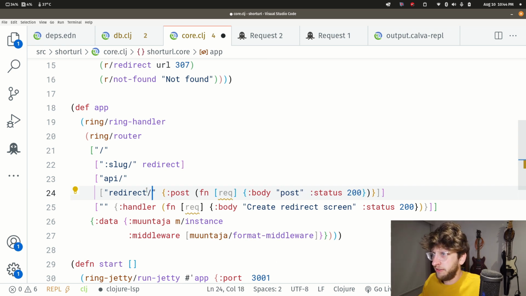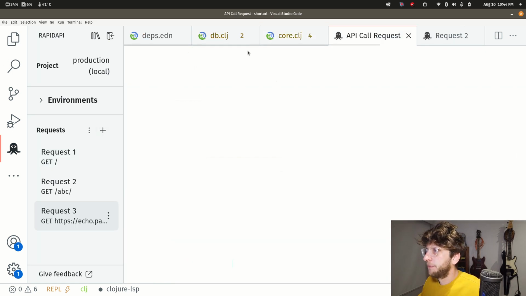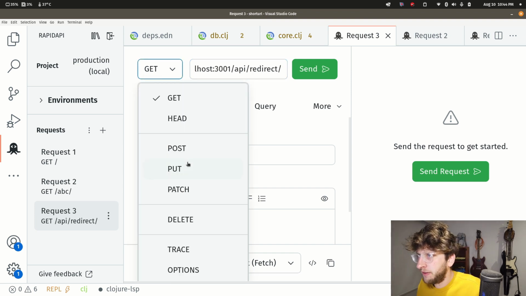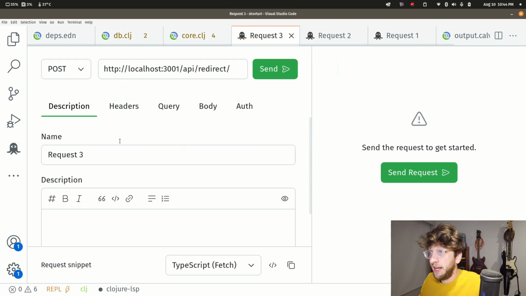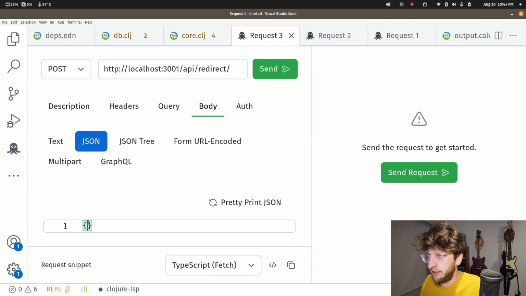Let's just add a trailing slash, evaluate this, go to Rapid API, and create a new request. HTTP, localhost 3001, and /api/redirect. We'll do a POST request. Let's add some data here. So in the body, let's add some JSON, and basically all we need to add is